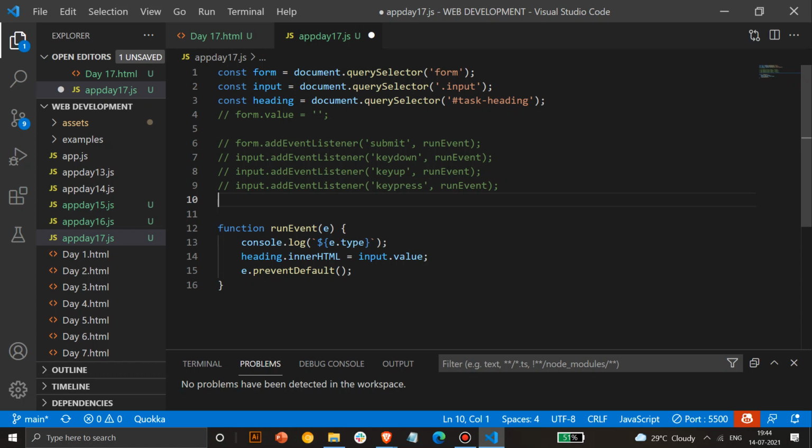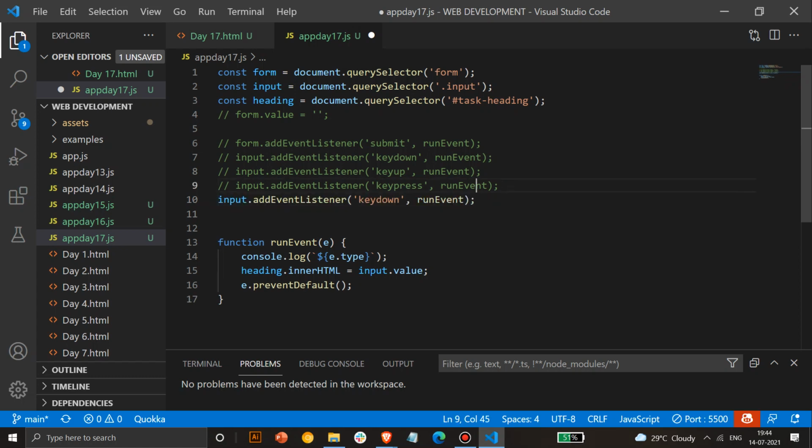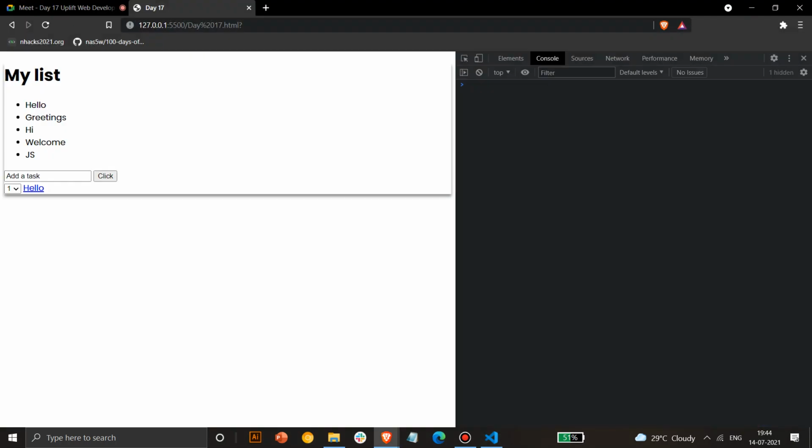Then other than this, we have the focus event. So what happens with focus, anyone? Give it a shot, anyone.